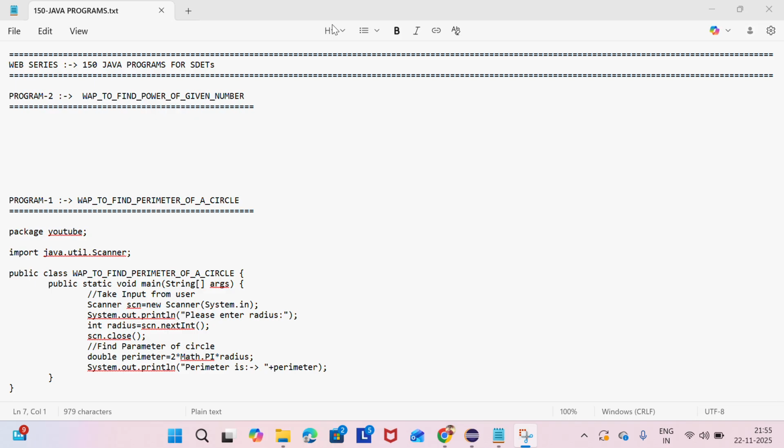Alright, let's get started today with our second program. We are already done with your first program, right? Which is find perimeter of a circle. So today we will begin with our second program, which is write a program to find power of a given